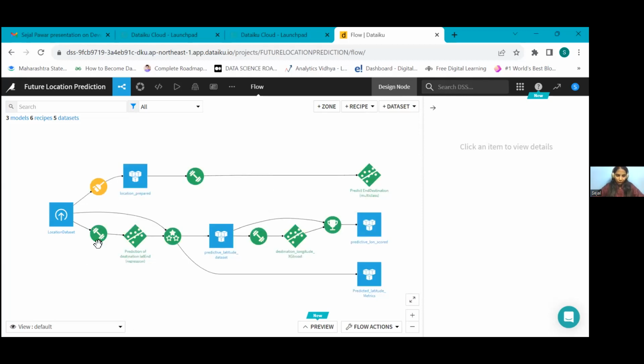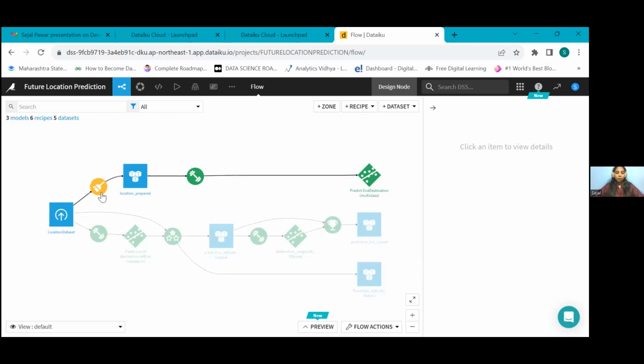After training on the location data set, I predicted the destination latitude, which was later evaluated and made into the latitude data set. So I can predict the longitude score and the latitude metrics. After the training, I made the XG boost. XG boost is also an algorithm which is used here to predict the longitude.